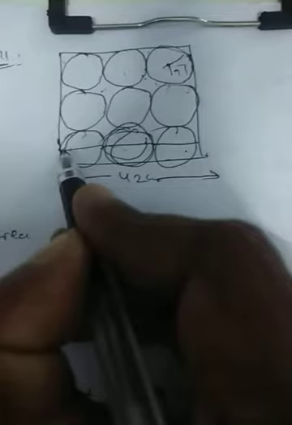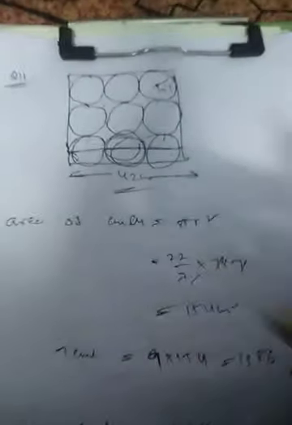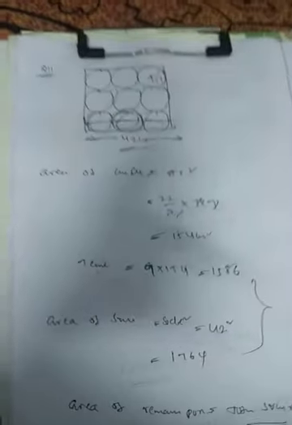Once again I am telling, we need to take the total square, and from that the circles are there, no? The circles area we have to eliminate. First we have to take the area of the square. How can we calculate the length of the square? Side of the square, 7 7 7 7 7 7, total will be 42. Again, how will you get this gaps region? The area of the remaining portion is the total area of the square minus 9 circles area. If you eliminate, you will get the area of this unshaded region. So now let us go for the next question.